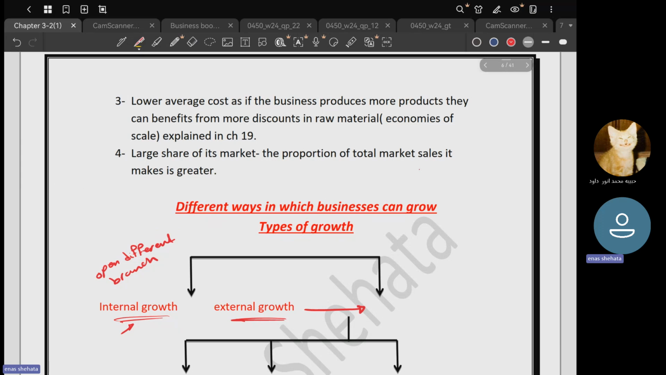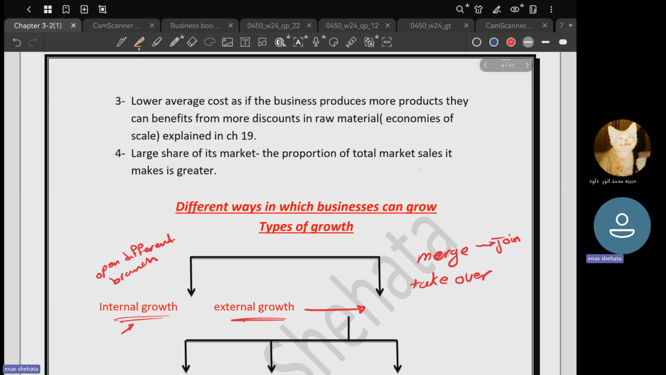External integration, I may merge or take over. What does that mean? Merge with another business or take over another business. Merge with another business means I will join another business. So me and the other business will join together and will be a bigger business, and both of us will own the new business venture. Okay, for example,